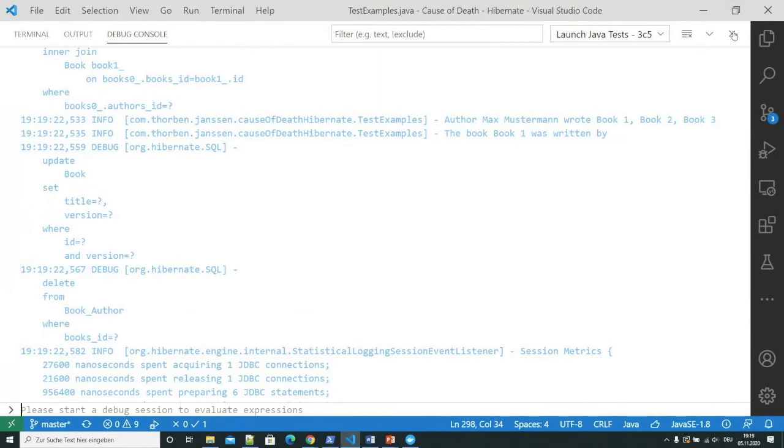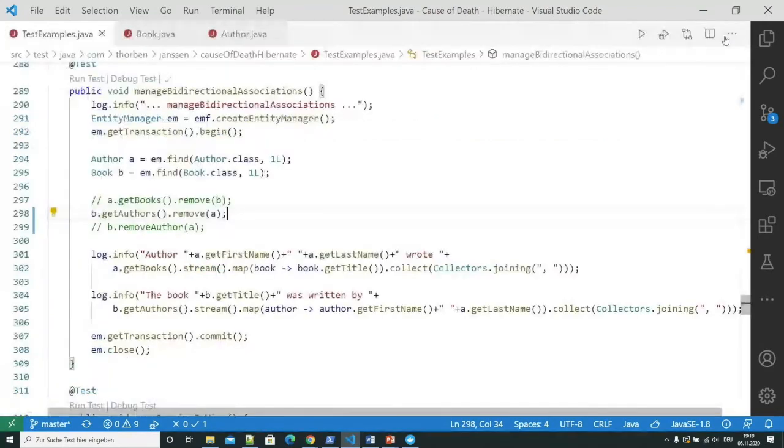So until the end of our transaction, we have an inconsistent state. So we always need to make sure that we remove or manage the association. That's the case for all operations on both ends of the bidirectional association. That means you either need to do these two things each and every time you change something on the association,